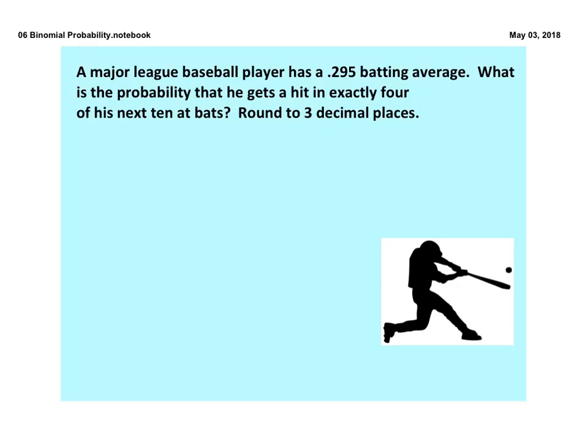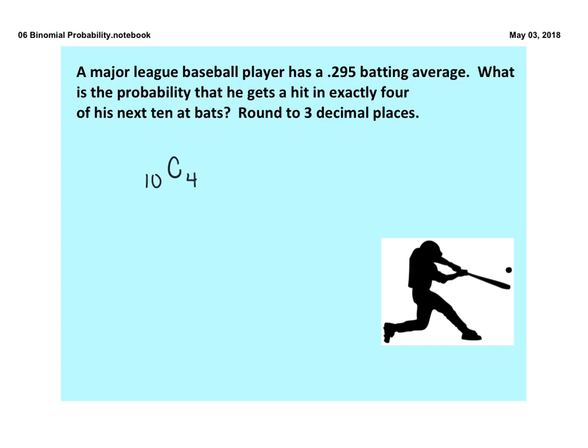All right, so it says a Major League Baseball player has a .295 batting average. And then it says, what is the probability that he gets a hit in exactly 4 of his next 10 at-bats? So let's set up the combination part. We don't care the order that he gets hits in. Could be the first and the second hit and the last 2, or it could be the middle 4 or the last 4. It doesn't really matter. All we know is he's going to have 10 at-bats, and we want to choose 4 different times that he